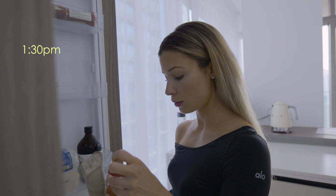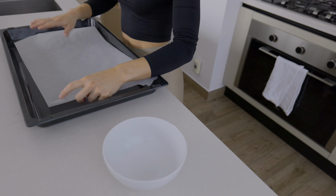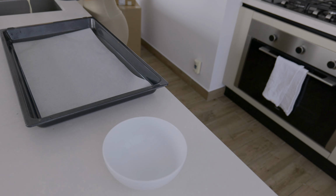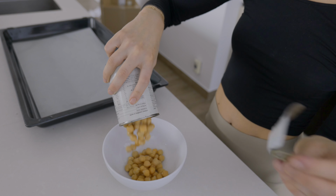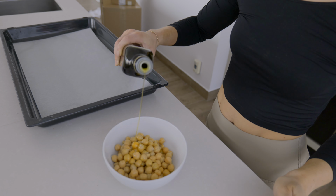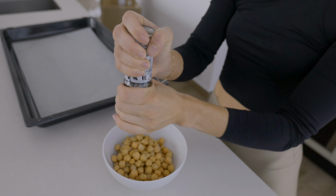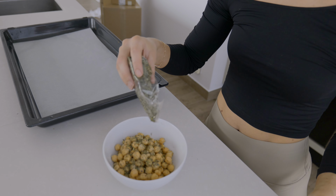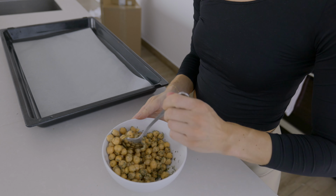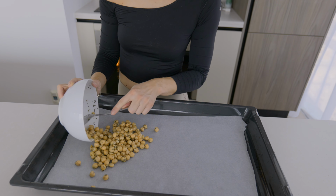For lunch, I'm gonna make a delicious and of course super protein rich salmon bowl. And I'm starting off with roasting some chickpeas in the oven, which I absolutely love when they get all crispy. So I'm putting some olive oil on them and also salt, pepper, some herbs. And I'm placing them on a baking tray and putting the whole thing in the oven for about, I think,